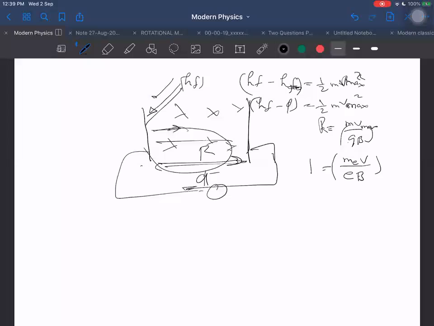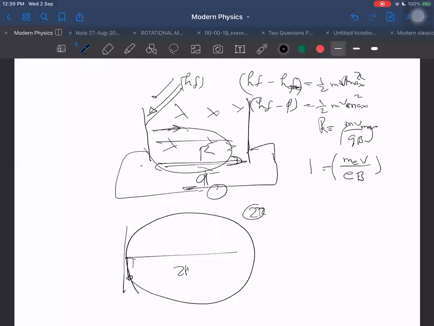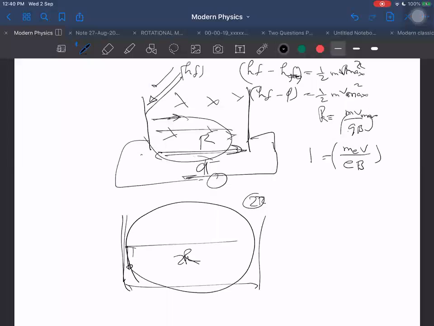The problem is that he is giving this distance as r, but according to me it should be 2r, because the electron which is incident in this way will finally make a circle, and that will have 2r distance up to the other anode. So the gap between them should be greater than 2r if we don't want to register any photocurrent. Okay, that again is my opinion.